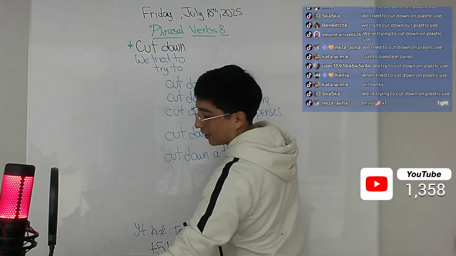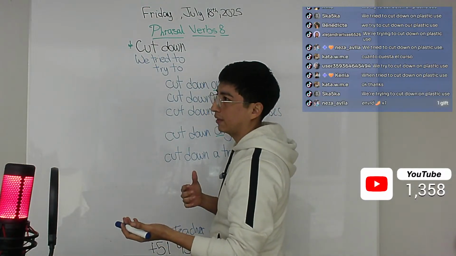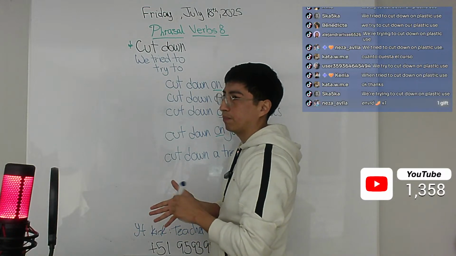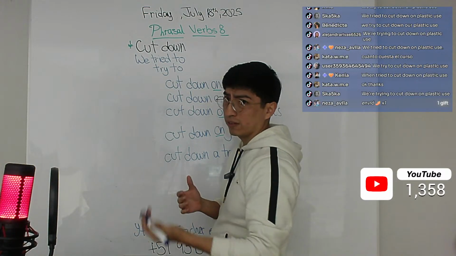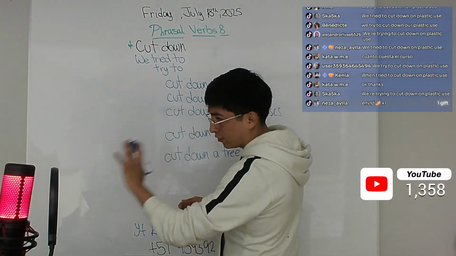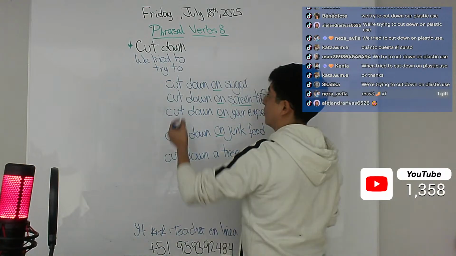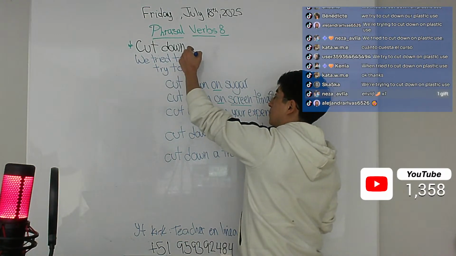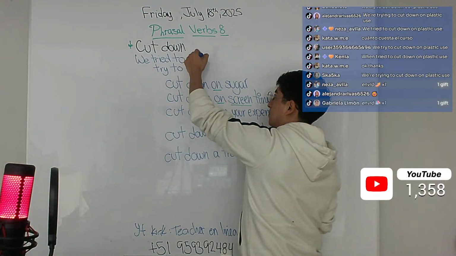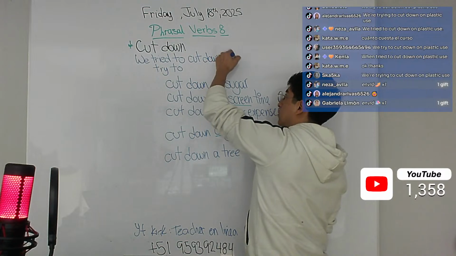The idea is that you can identify if the sentence is in base form or in simple past form according to the context. But in this opportunity, we're going to use the simple past form. We try to cut down on